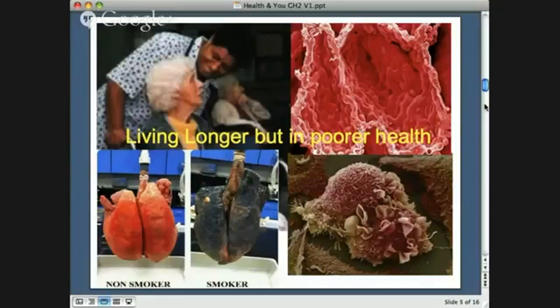Now, on the subject of living longer but in poorer health, it used to be that infectious disease caused most deaths, but now it's degenerative disease. Today, poor diet and lifestyle choices are causing premature aging and degeneration, which I was talking about earlier. The impact of sugars in our diet, chemicals and changed farming practices have increased the speed of degeneration of our cells. So in effect, we're living longer, but we're actually in poorer health for a lot of that time.